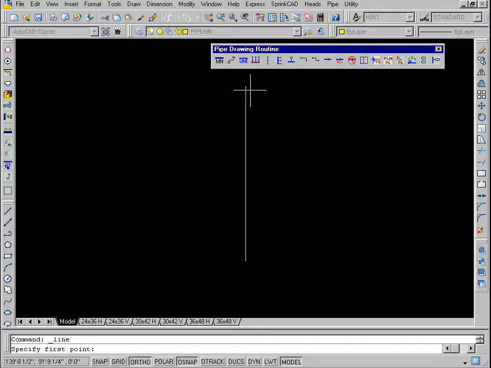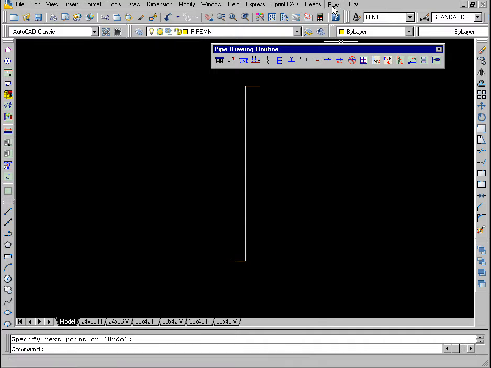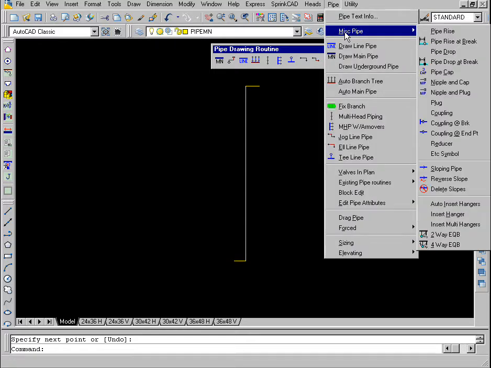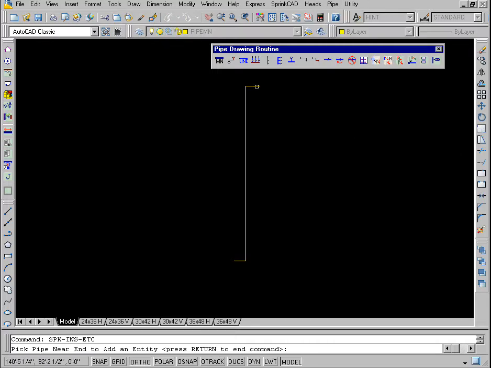Repeat the Draw Main Pipe command and draw two short horizontal pipe stubs at the top and the bottom of the riser pipe. Select the Etc. symbol from the Pipe Miscellaneous Pipe pull-down menu and insert the symbol on the ends of the